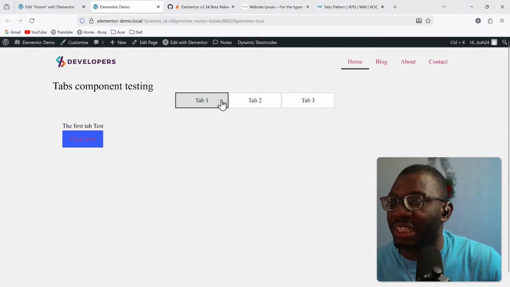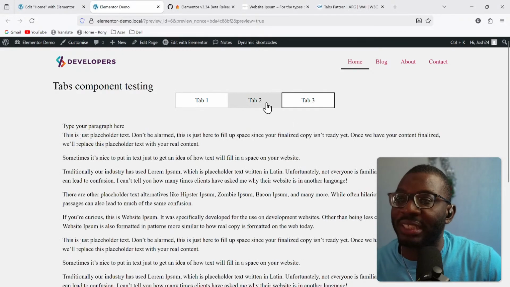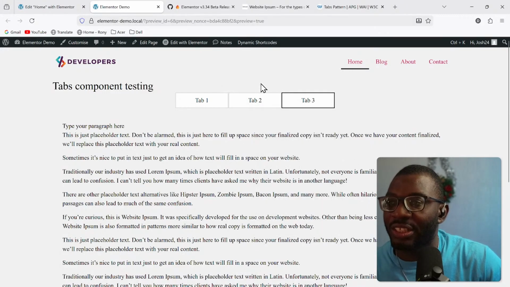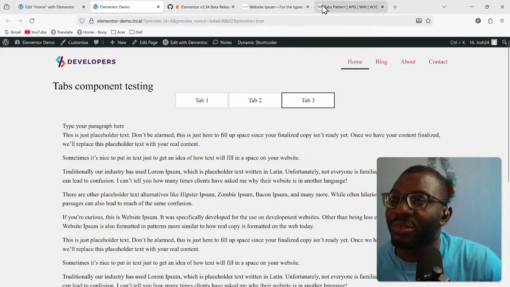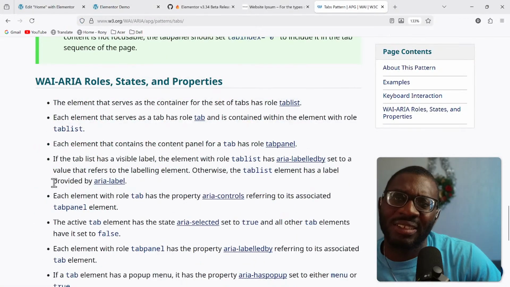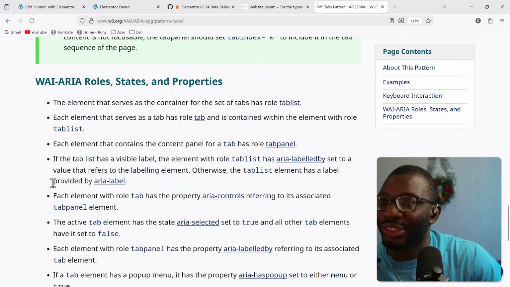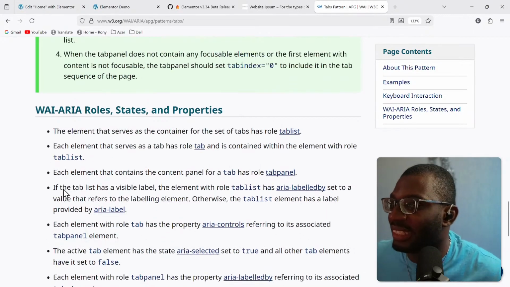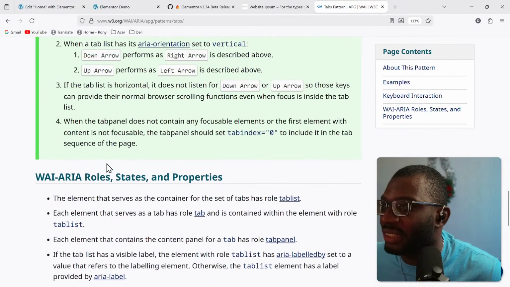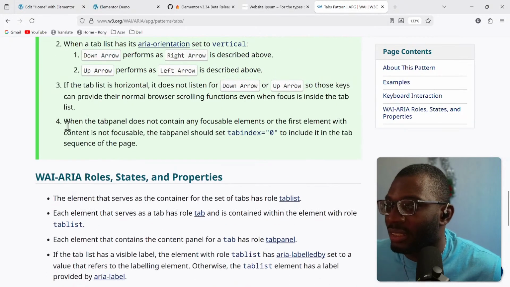Okay, but yeah, I guess for the most part things are working well. So let's go ahead and see the other thing. The other problem which is written here, I think that one probably is going to have to be users that define it, and that is the fact that, was it the tab panel. This